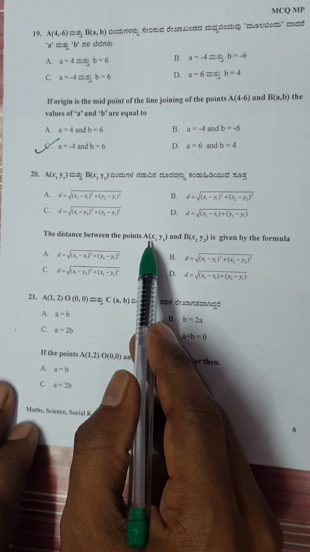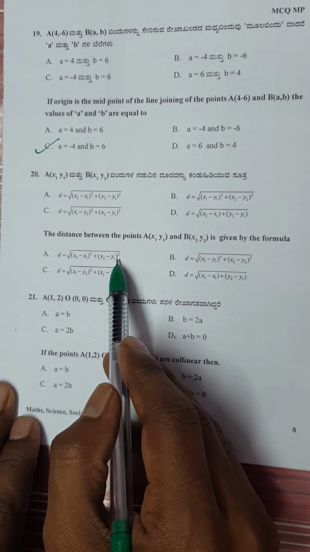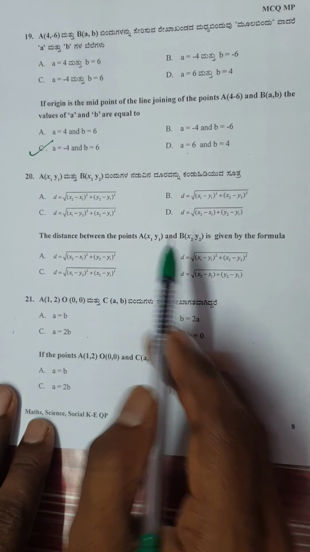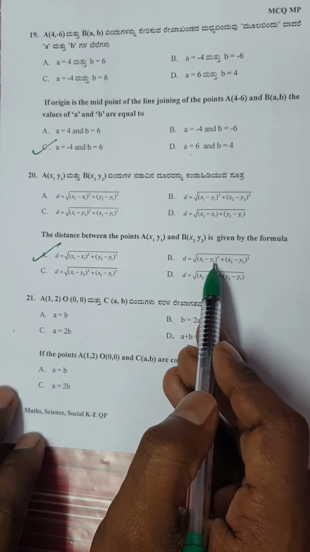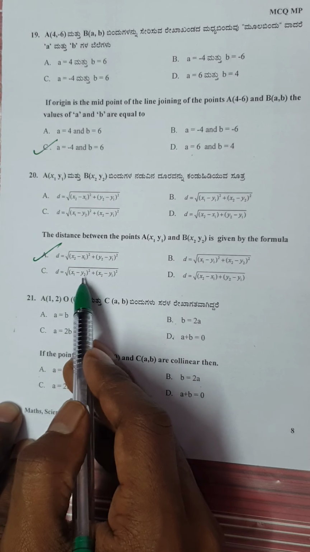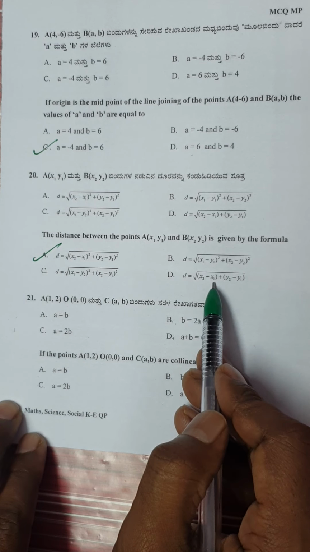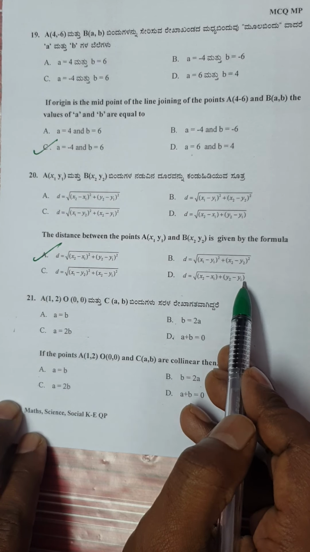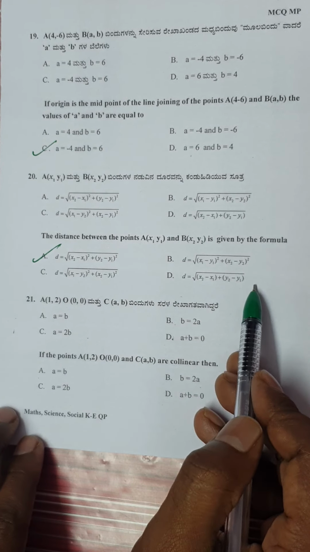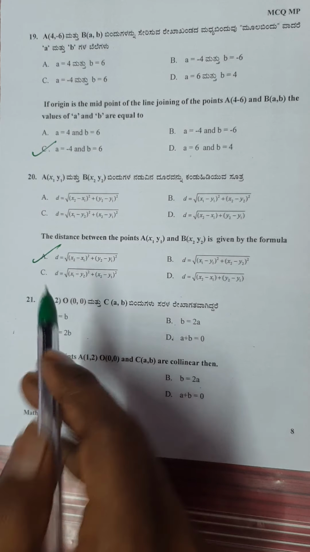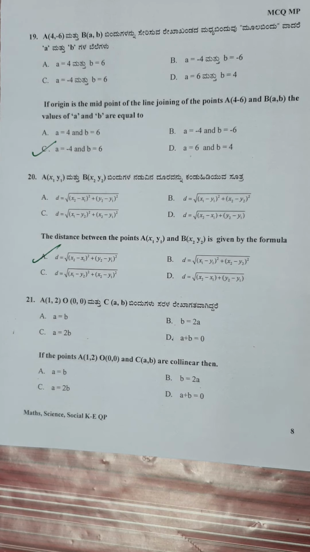We all know distance formula is d is equal to square root of (x2 minus x1) whole square plus (y2 minus y1) whole square, isn't it? Hope you don't have any doubt in this, because this is just a formula, there is no change. If you check this, (x1 minus y1) whole square, definitely wrong. (x1 minus y2) whole square, wrong. Please look here, this is d is equal to root of x2 minus x1 plus y2 minus y1. Please note down, it has to be square here, not just x2 minus x1. That is why this option is wrong. So the right answer is option A, which is d is equal to root of (x2 minus x1) whole square plus (y2 minus y1) whole square.